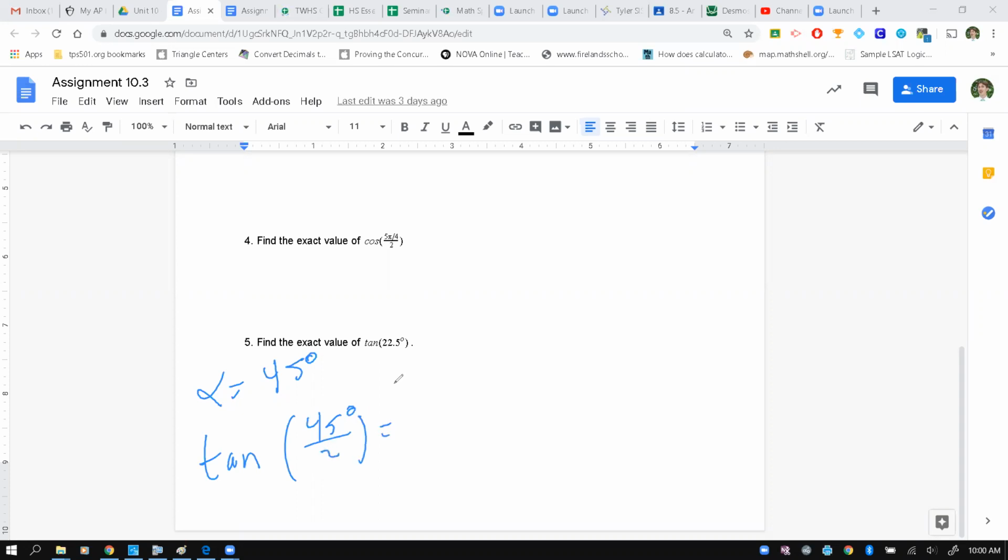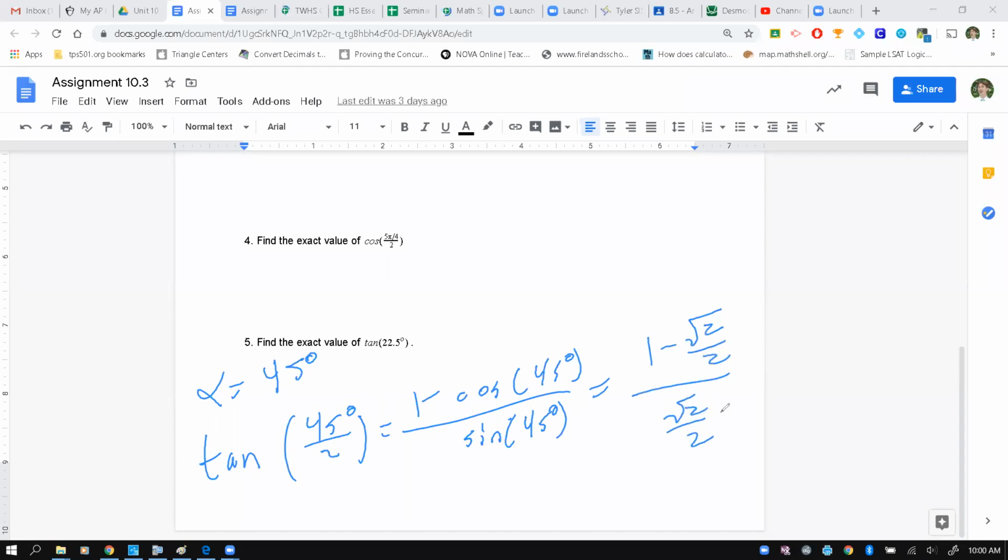So your first line should be this: 1 minus the cosine of 45 over the sine of 45, right? Yes. Okay, and then you should get 1 minus the square root of 2 over 2, over the square root of 2 over 2. And then no more sines and cosines. Oh, okay, okay. That's where I did it. Okay, and then here,